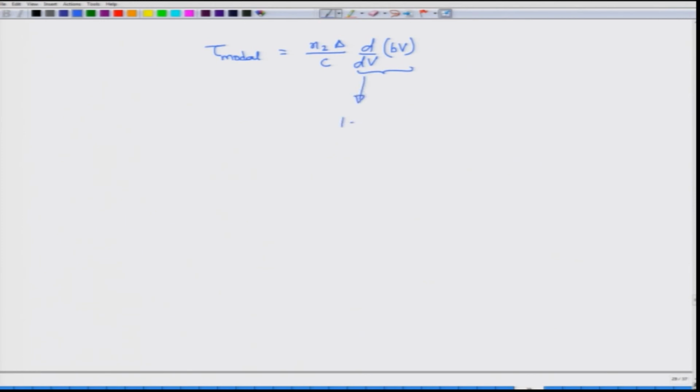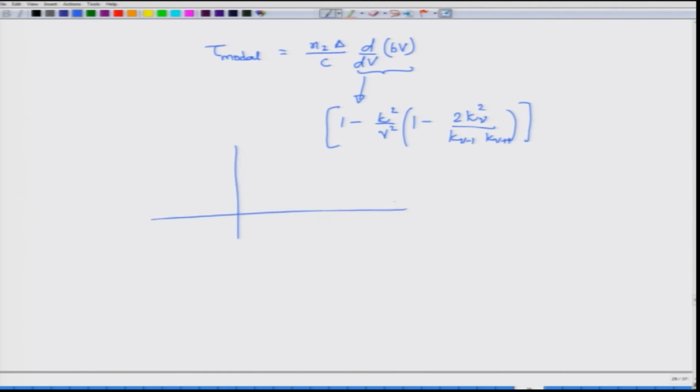For example, one approximation is 1 minus kappa square by gamma square, I do hope you remember what kappa and gamma are, times 1 minus 2 kappa nu square divided by kappa nu minus 1 times kappa nu plus 1. Please note that nu minus 1 and nu plus 1 are the orders of the modes that we are talking about. So, this derivative itself can be approximated this way.